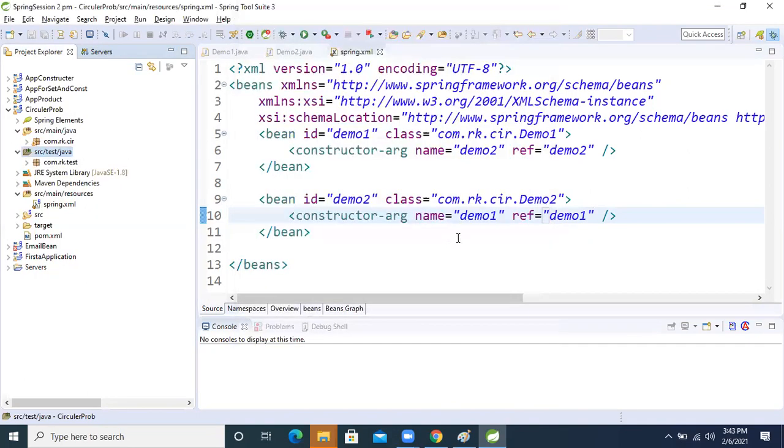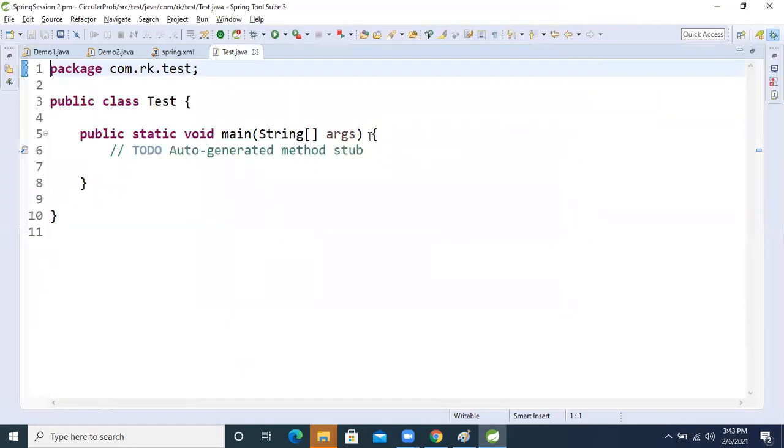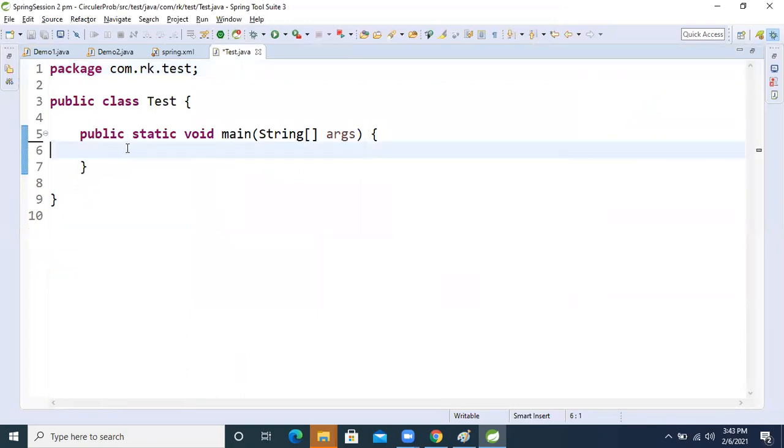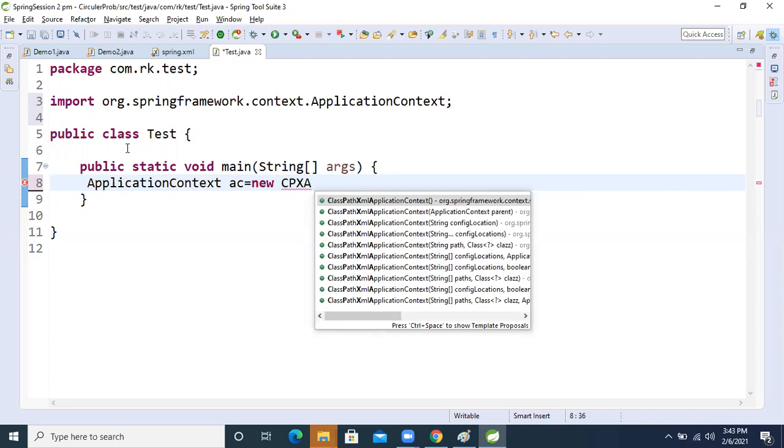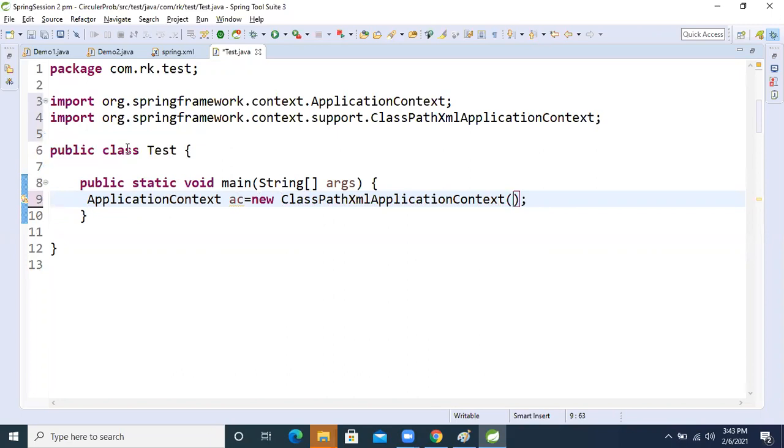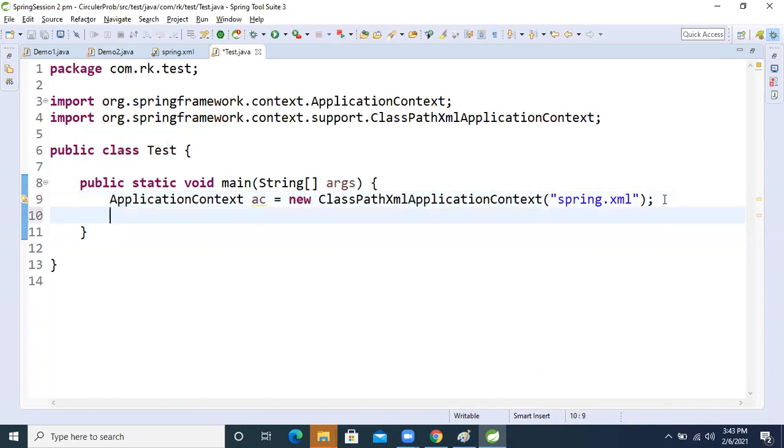Now ApplicationContext ac equal to new ClassPathXmlApplicationContext, and inside that we pass spring.xml.